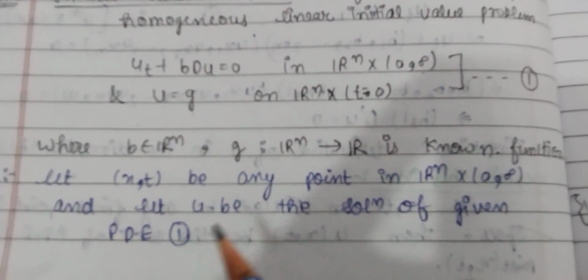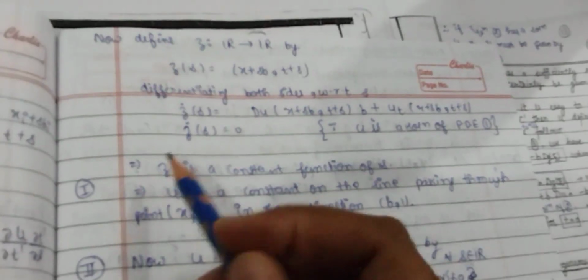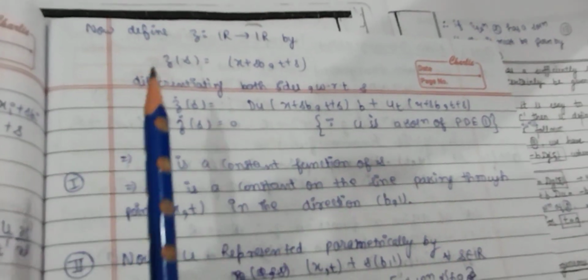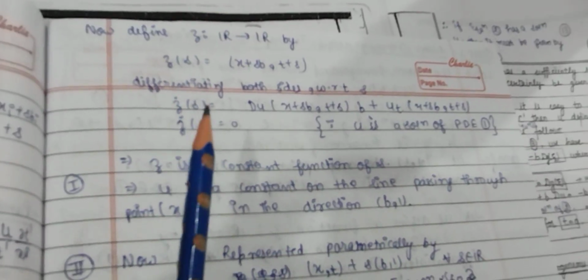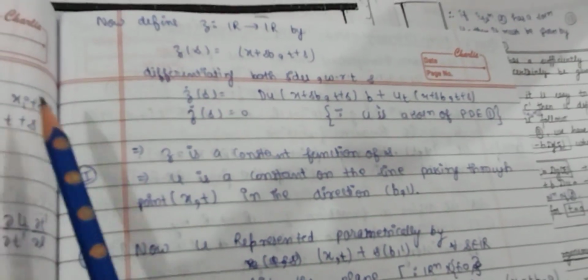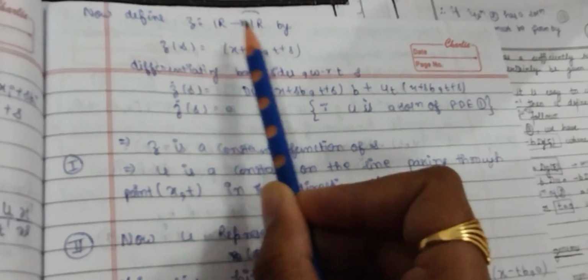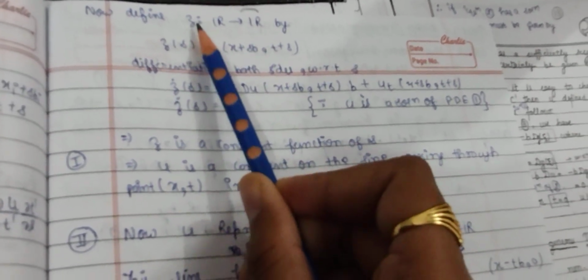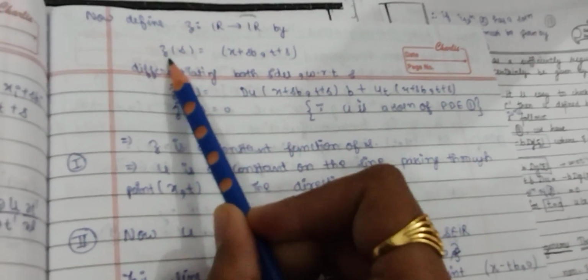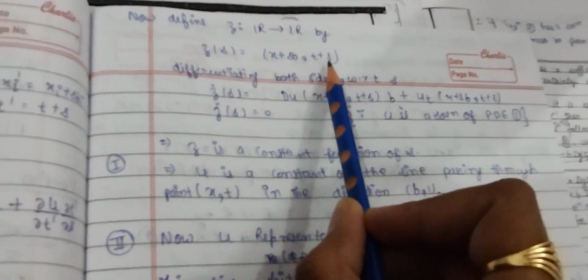Let (x, t) be any point in R^n cross (0, infinity), and u be the solution of the given partial differential equation. Up to now, what have we done? We took u as any solution of equation 1, and (x, t) as any point. Now we define z from R to R as a function, defining z(s) is equal to u(x plus s b, t plus s),